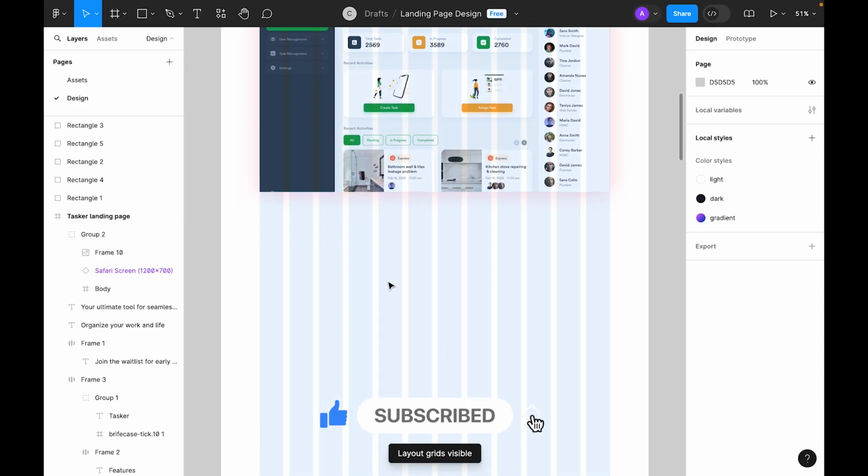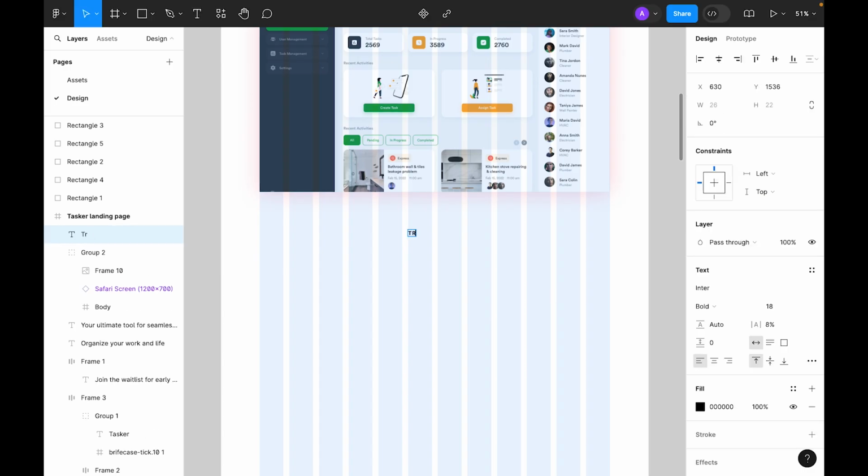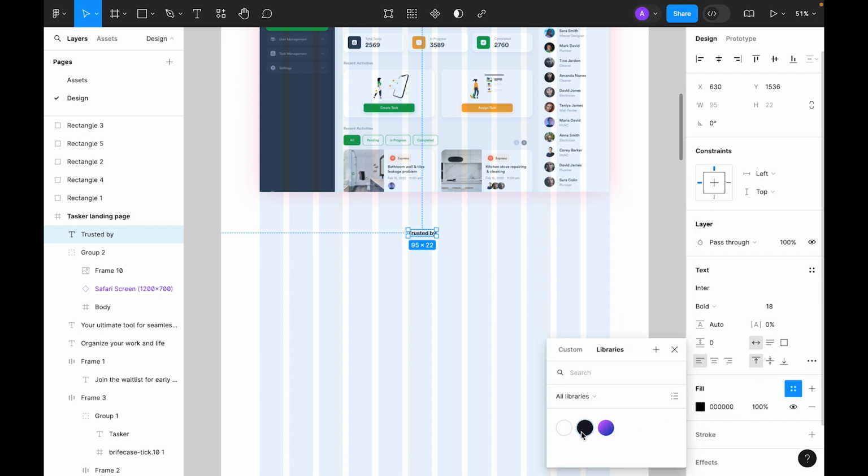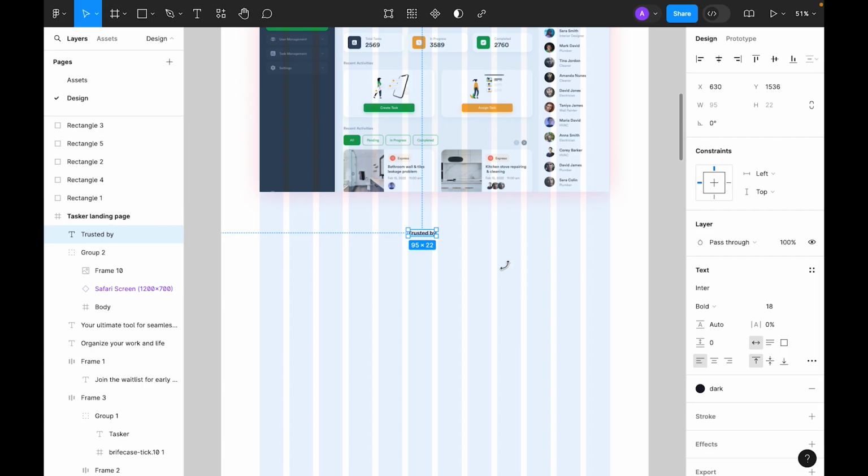So for this let's turn on the grid with the shift G. Now select the type tool and let's type "trusted by". Okay, now let's remove the letter spacing, which make it 0. Remove the uppercase and let's make it dark. And for the size let's use 40,